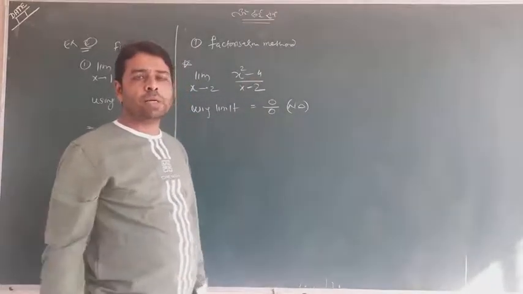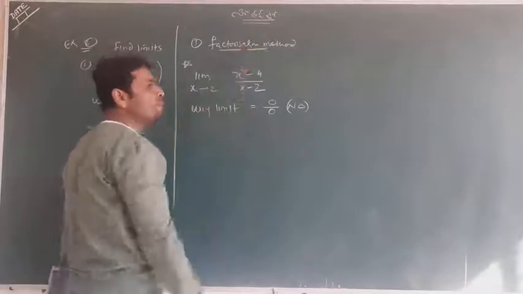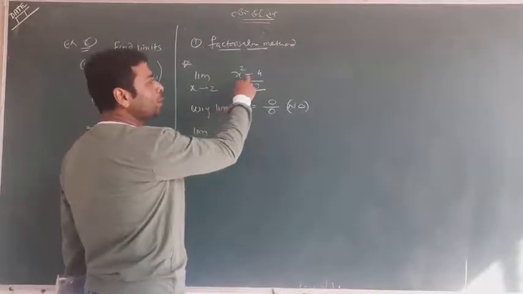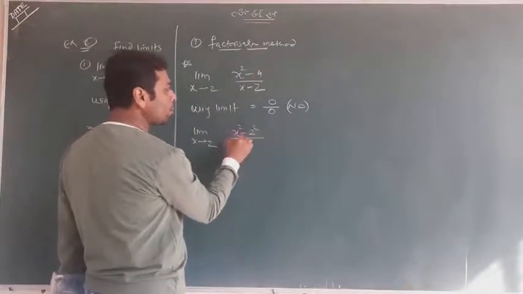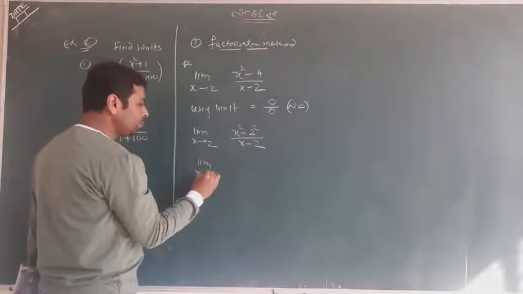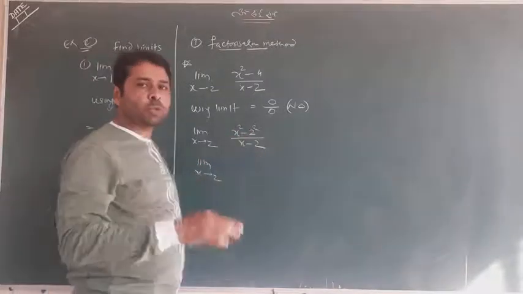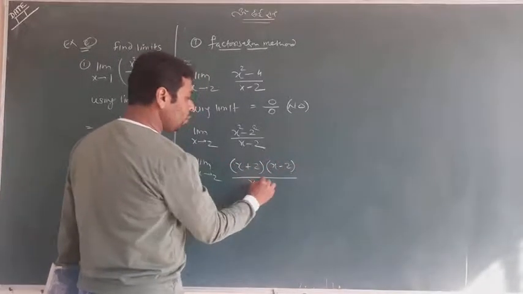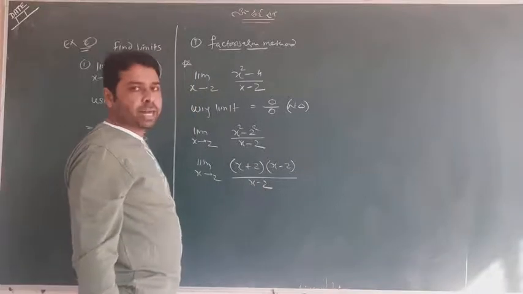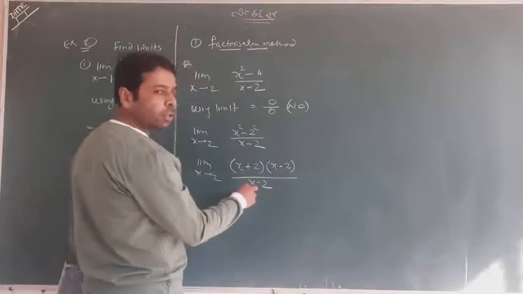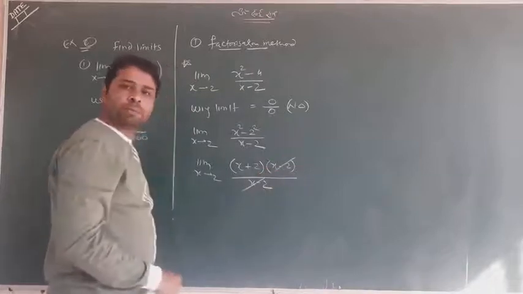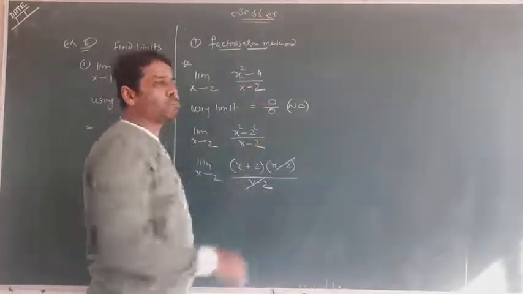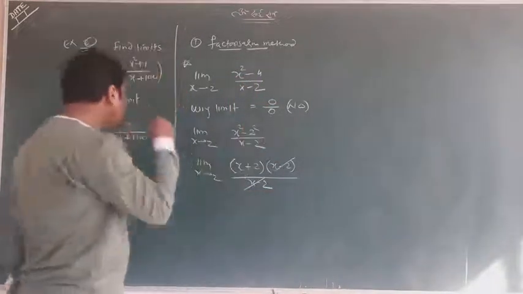And how can you simplify? I taught you the method, the factorization method. So one can easily understand this term. Can you see, x square minus 4 can be written as x square minus 2 square upon x minus 2. So afterward you will write x square minus 2 square as (x plus 2) and (x minus 2). It's the factorization method, a plus b and a minus b. And you should understand that the term x minus 2 will cancel, which was initially making the question not defined. Why was the question not defined? Because in the denominator we are having 0.